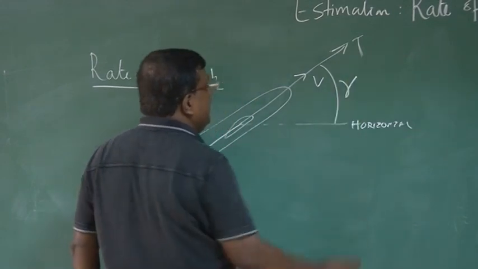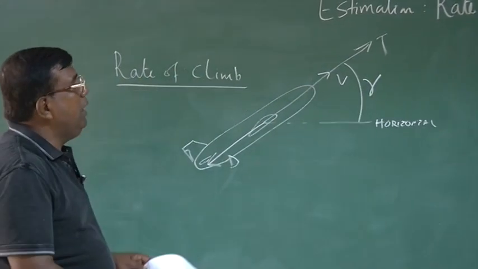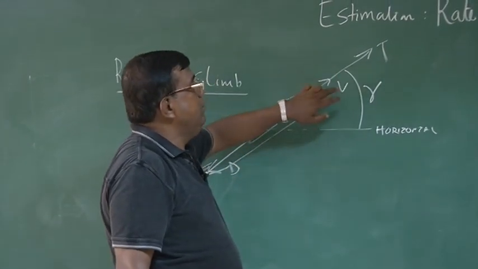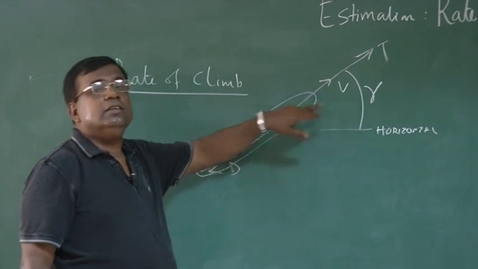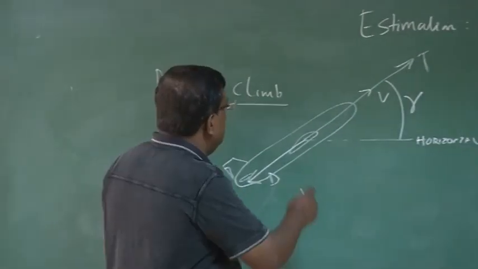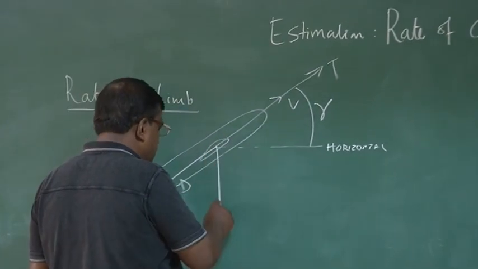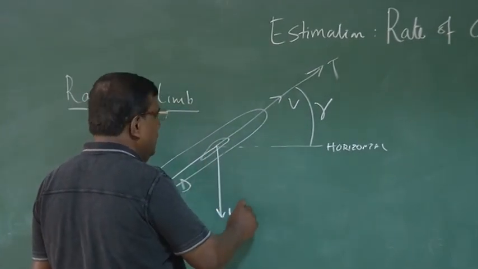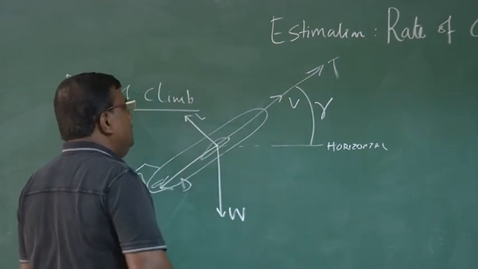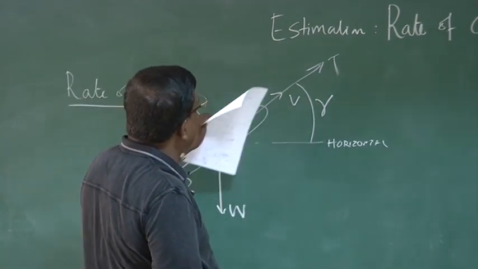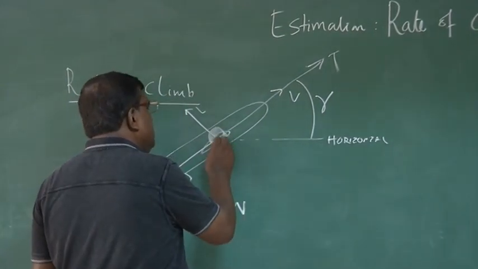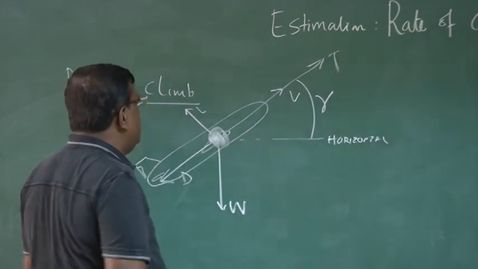this is gamma, the flight path angle, and quickly we can remind ourselves that thrust and velocity vector are generally not in the same line, but we are assuming that angle is very small. Also we know this airplane will be acted upon by weight, and of course there will be lift. And if I write the equation of motion assuming a point mass model, as if the whole mass is at the center of gravity,